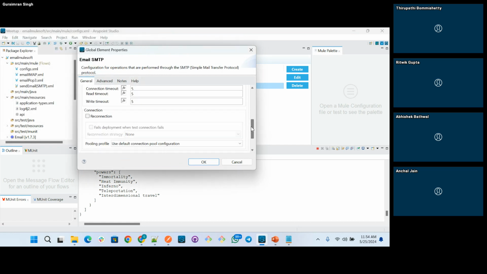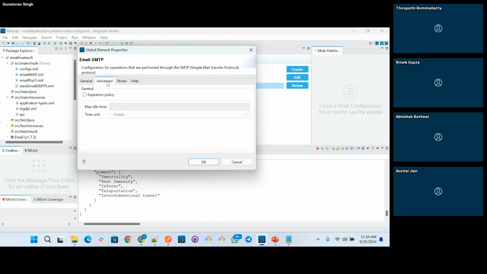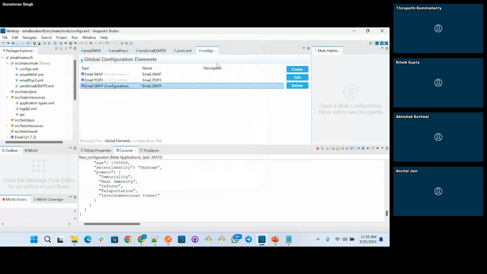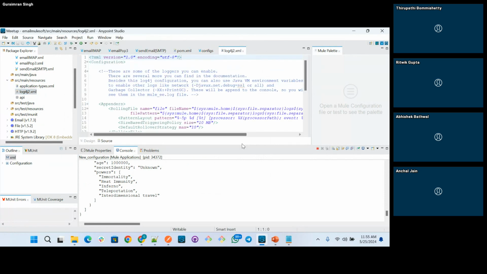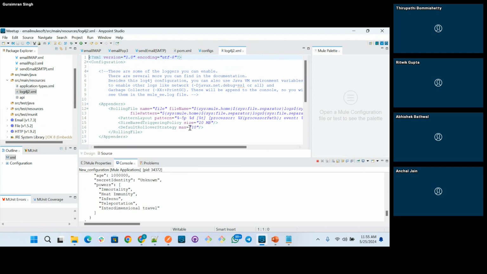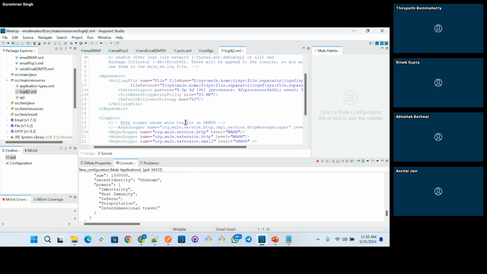Apart from that, if you need to define any expiration policy, if after some time you don't need to send those emails, you can also define that. For this logging, after using mail.debug, you will also need to define an async logger appender in the log4j2.xml.